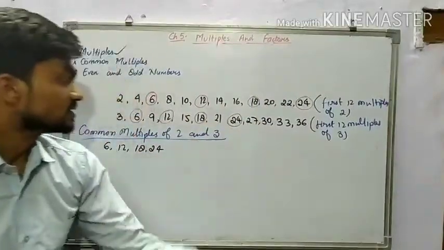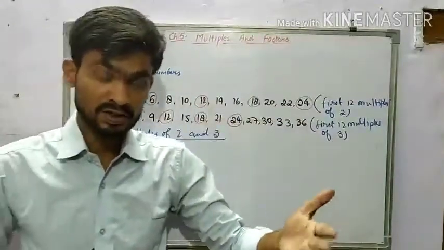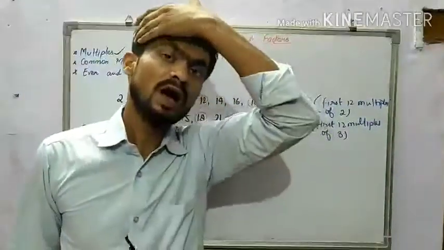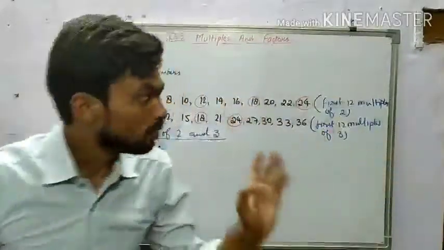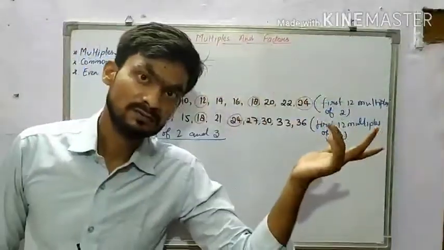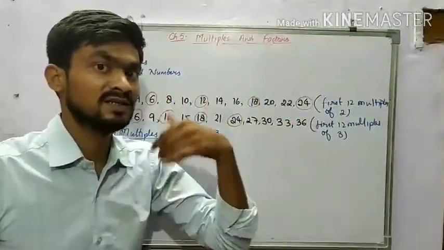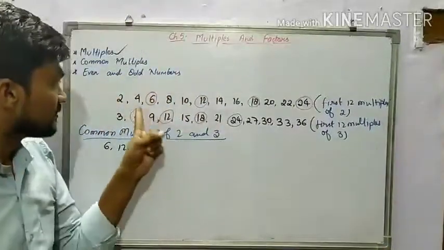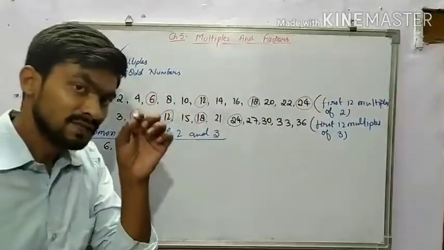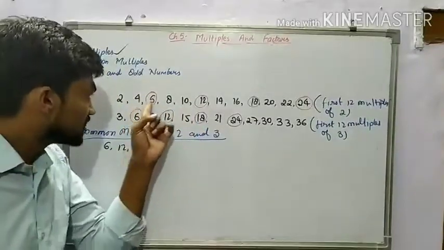No. It means the common multiples are the numbers which are present in the table and they are present in the table of both. No matter how many times you read, you will get that number. How many times you will read, that is the next discussion we will do in the next part. But the main important thing is: the number is present in both.